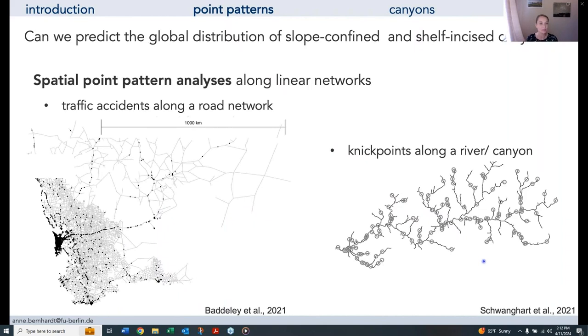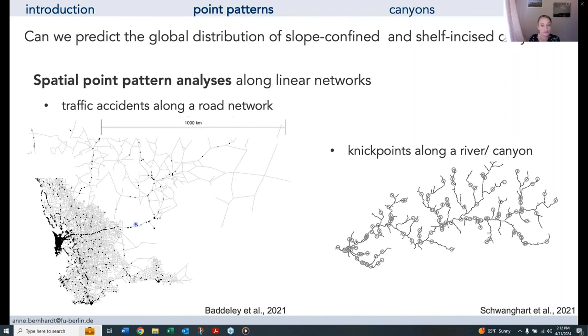Now, to make it a bit more complicated, we use point patterns along linear networks because in some cases, the points cannot be randomly distributed in a spatial window, but they can only occur along defined lines. Think about traffic accidents, for example. Here in the city of Perth, you see in gray the road network, and then the black dots are accidents that occurred, and of course, these cannot happen just somewhere in space, but they